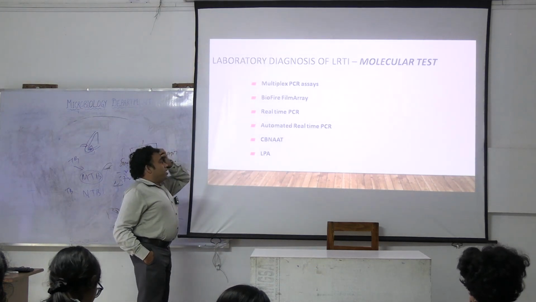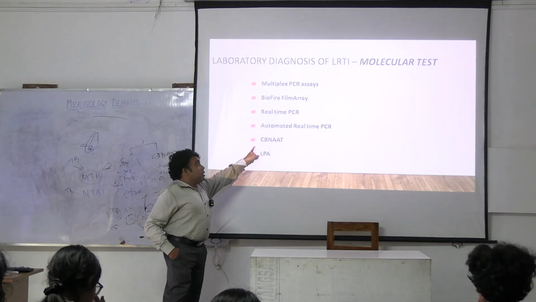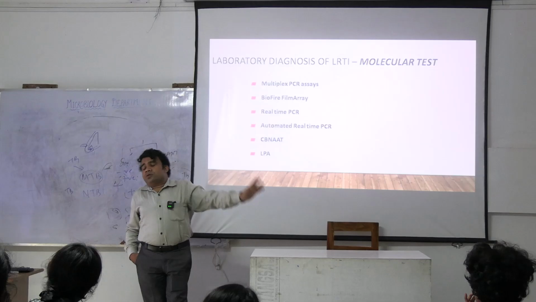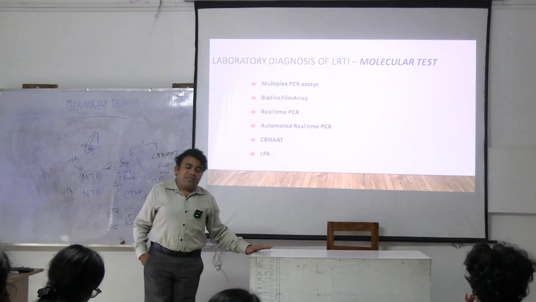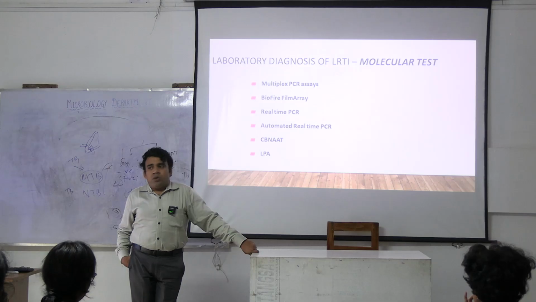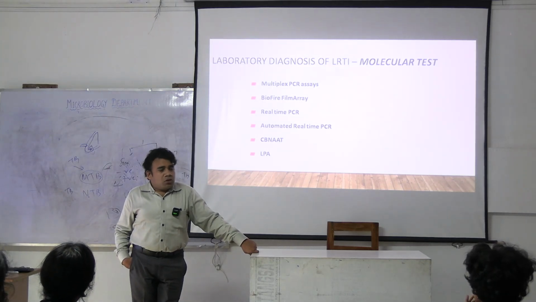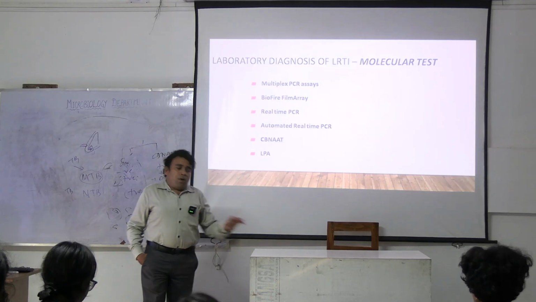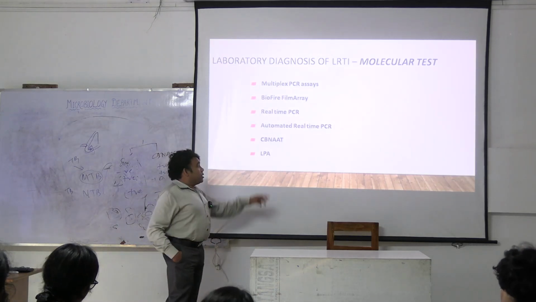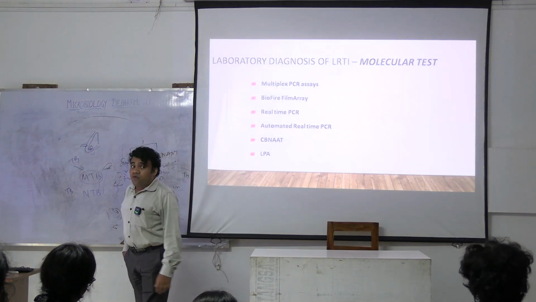Or we can go for real-time PCR, and very important in case of tuberculosis is CBNAAT, যেটা আমাদের দুটো WHO recommended প্যানেল আছে, একটা হচ্ছে সেফিডের জিন এক্সপার্ট আর মলবায়ের ট্রুন্যাট। এই দুটো ইন্ডিয়াতে ইউজ করা হয় ফর ডায়াগনোসিস অফ টিউবারকুলোসিস। দুটোর মধ্যে যে কোনো একটা ইউজ করা যেতে পারে। ট্রুন্যাটটা হচ্ছে ইন্ডিয়ার কোম্পানি আর জিন এক্সপার্টটা হচ্ছে ইউএস এর কোম্পানি। আর এলপিএ স্ট্যান্ড ফর লাইন প্রোব অ্যাসে। দিস ইজ ইউজড ফর